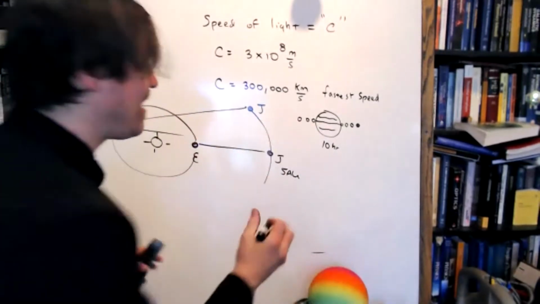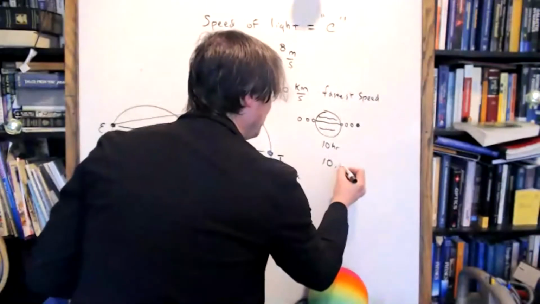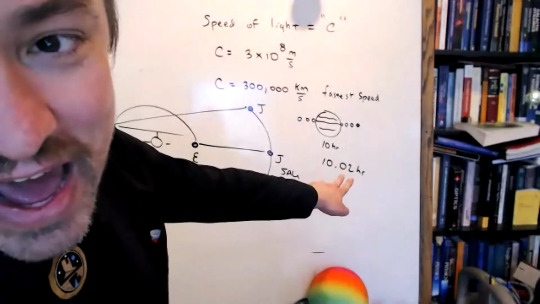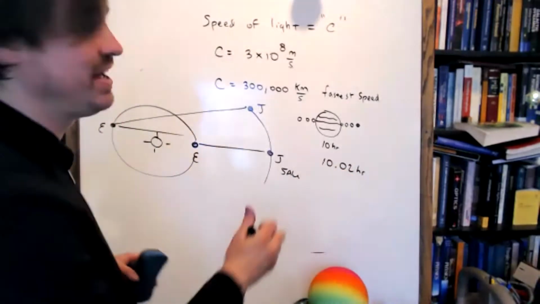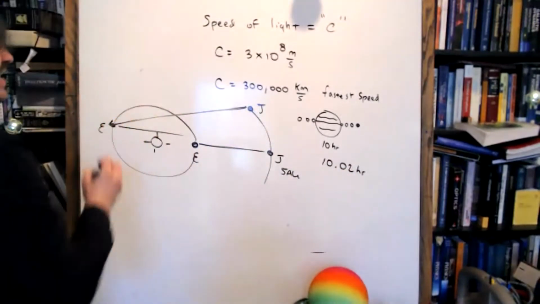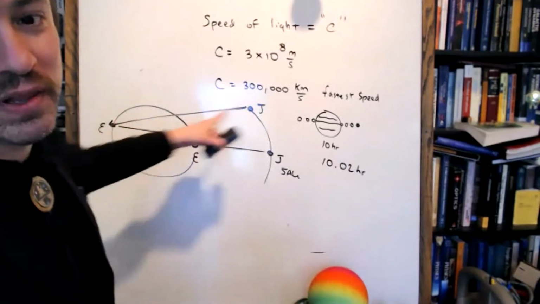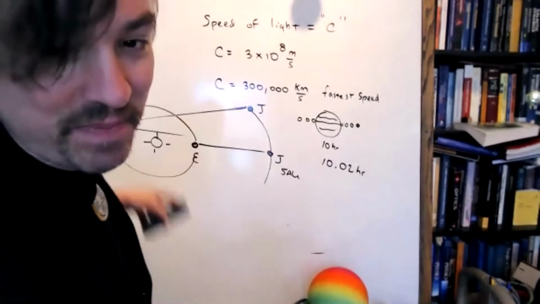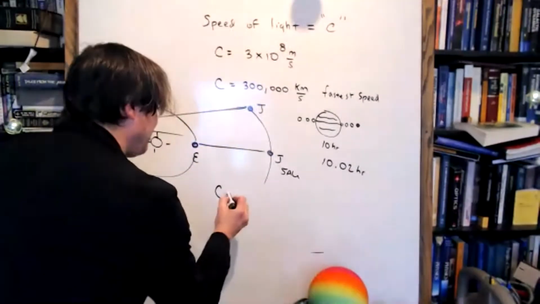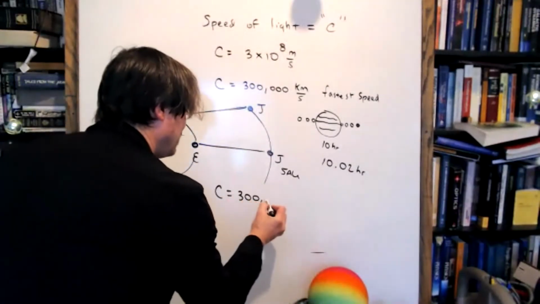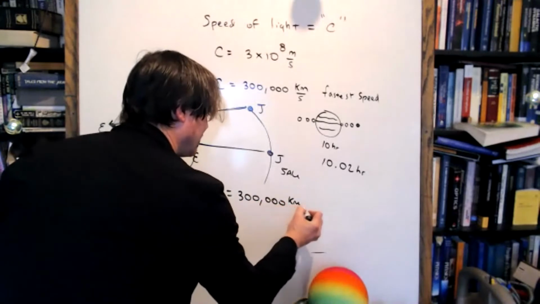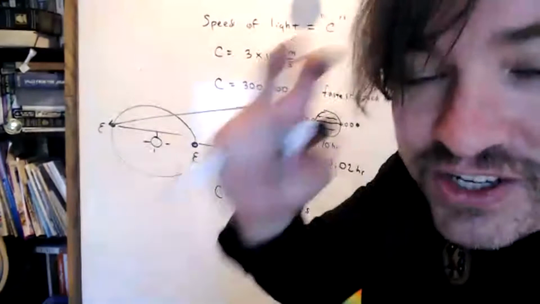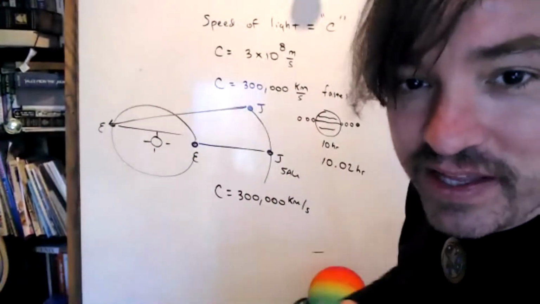And sure enough, he found that instead of 10 hours, it was like 10.02 hours. And he ascribed the difference in the time lag to the time it would take light to travel the 2 + 4 more AU, which is a much more significant baseline. And he actually got a value that was basically super close to 300,000 kilometers per second. So he was one of the first people who, what a genius observation. You know, that really inspires me.